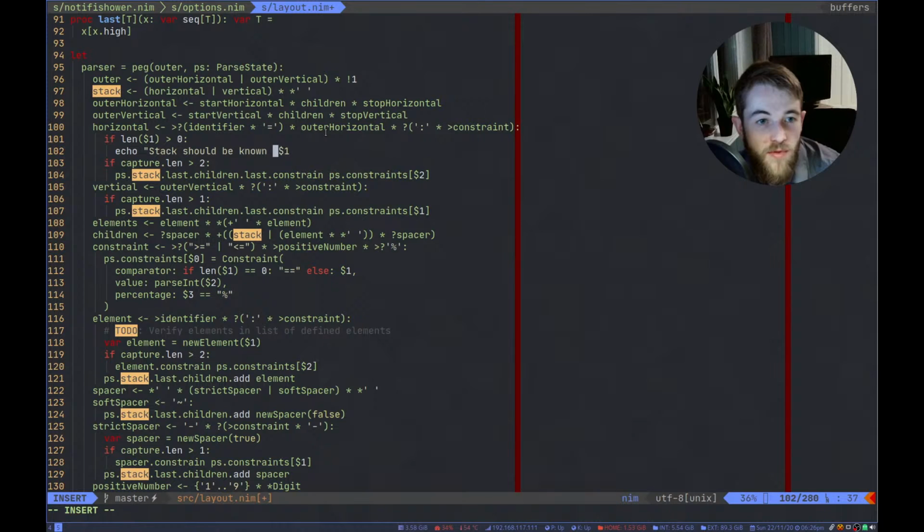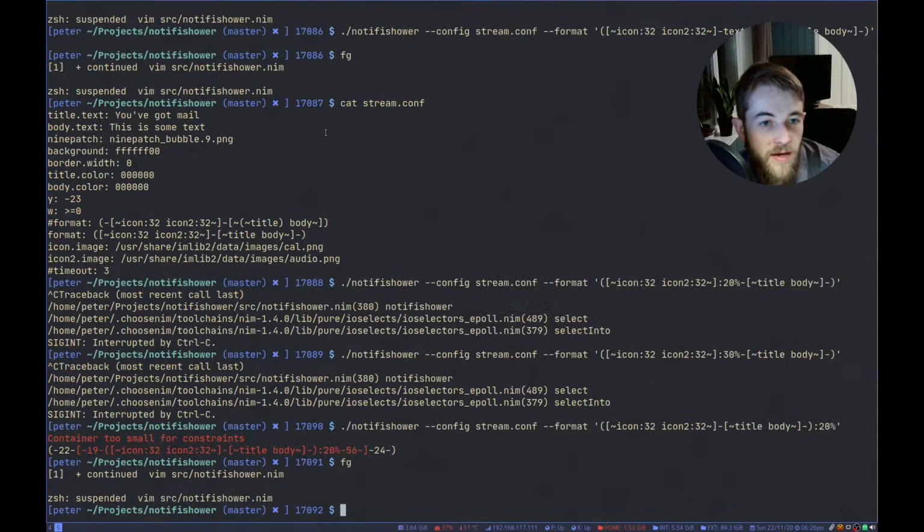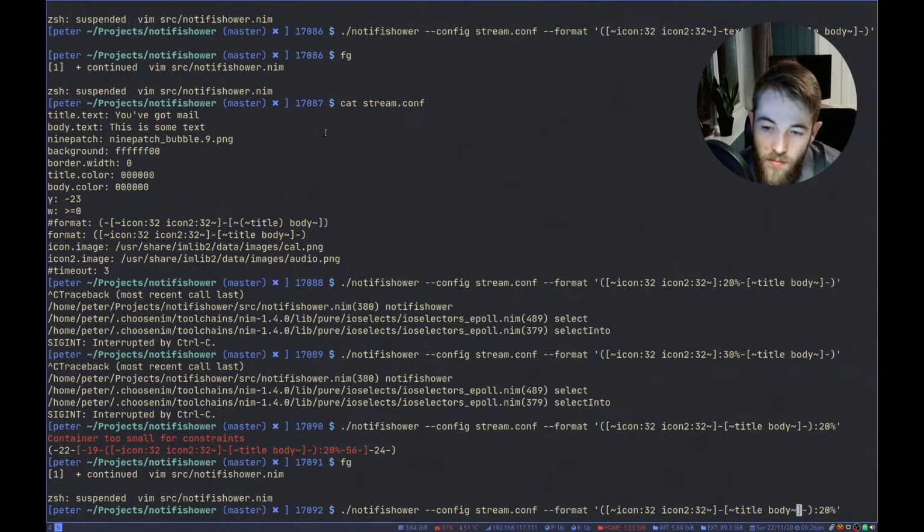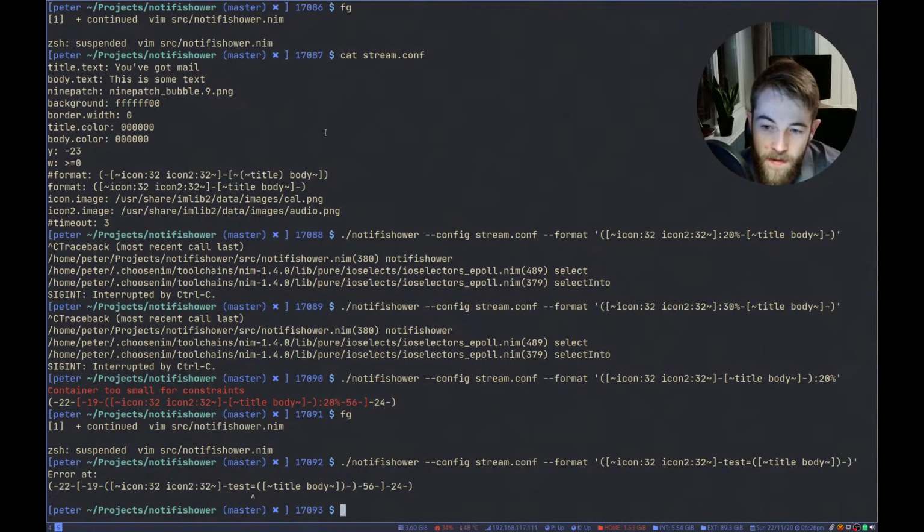Let's just try to output that and check that it works. So this is a horizontal stack. We don't really have any horizontal stacks, so let's create a horizontal stack there. Error at. Oh, and we need to build this, of course.